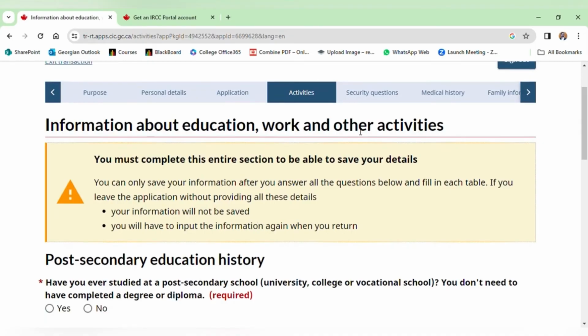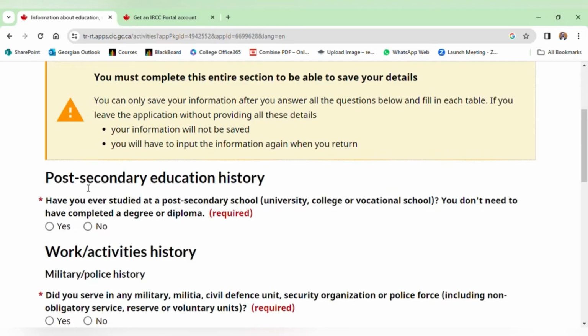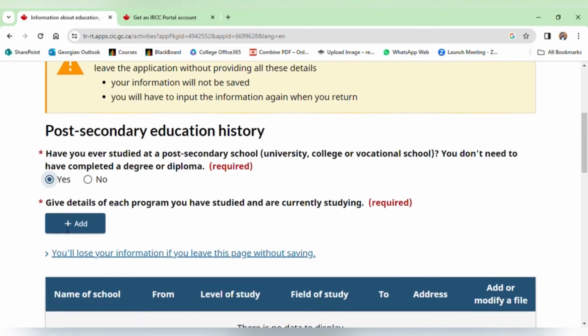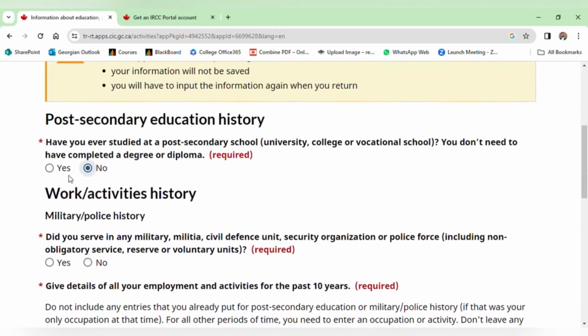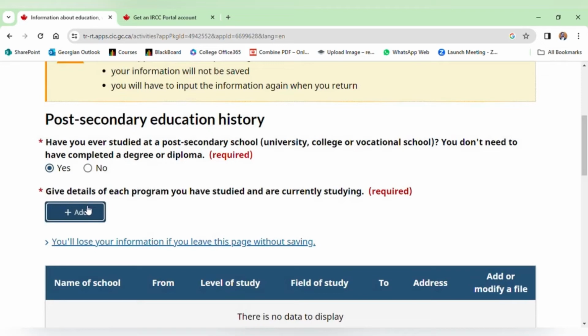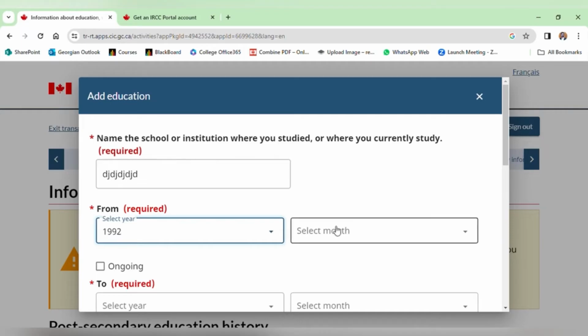Information about education, work and other activities. Again it's all the information of your parents. Post secondary education history: if your parents have a postgraduate degree or diploma, just click on yes. If no, you can simply click on no. It won't ask you any details again. In my case, my mother had a diploma, so you just click on add details and enter the name of the school or college, whatever it was, then the dates,